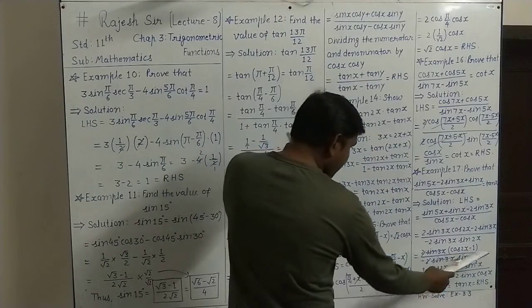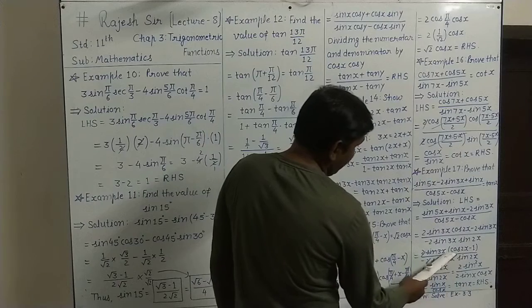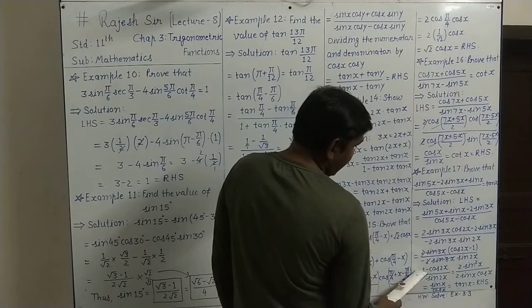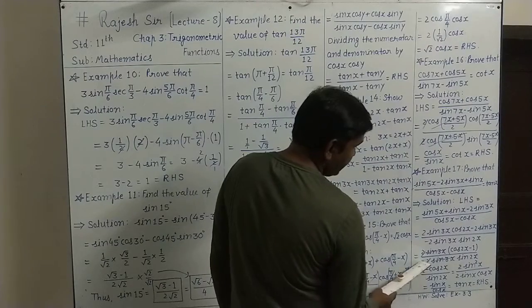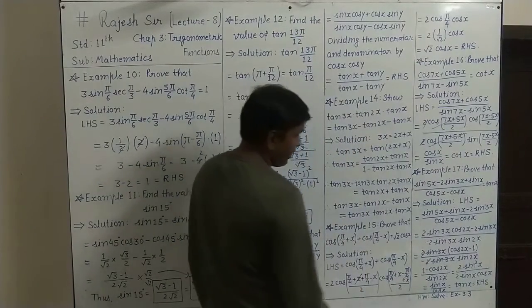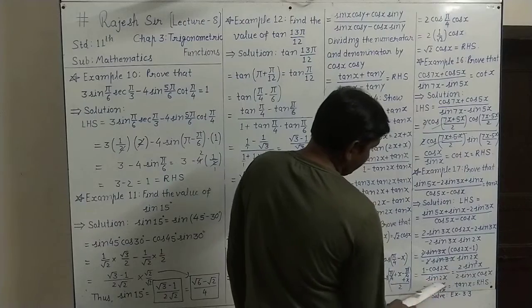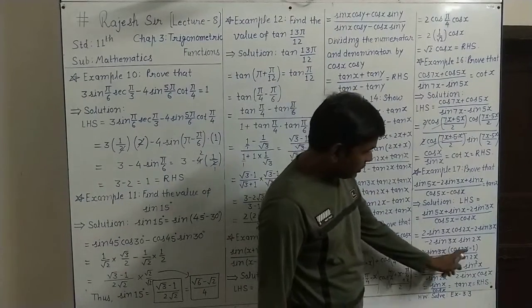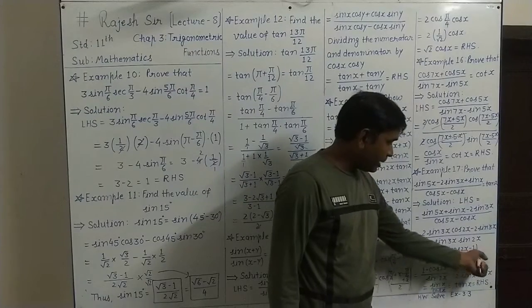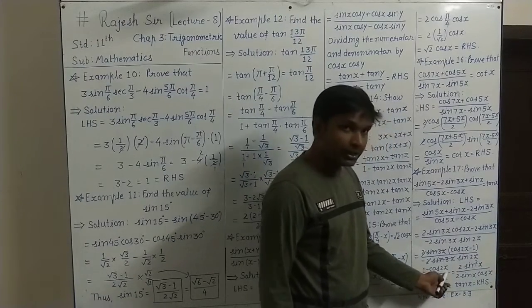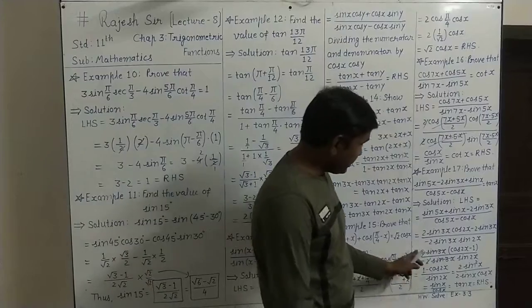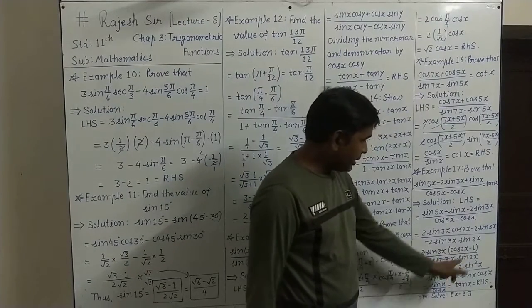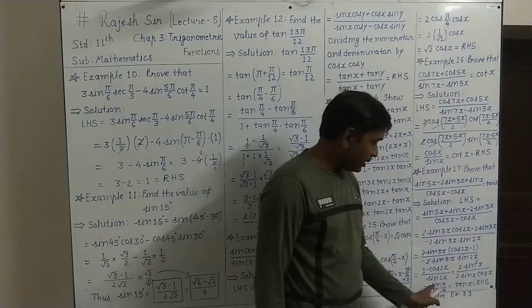This cos 2x minus 1, if we take minus sign common, it can be written as 1 minus cos 2x. That minus sign and this minus sign in the denominator, minus minus cancel, and this sin 2x will be down. As this minus sign is used up there to change its position, cos 2x minus 1 is written as 1 minus cos 2x. So the up remaining is 1 minus cos 2x and down sin 2x.